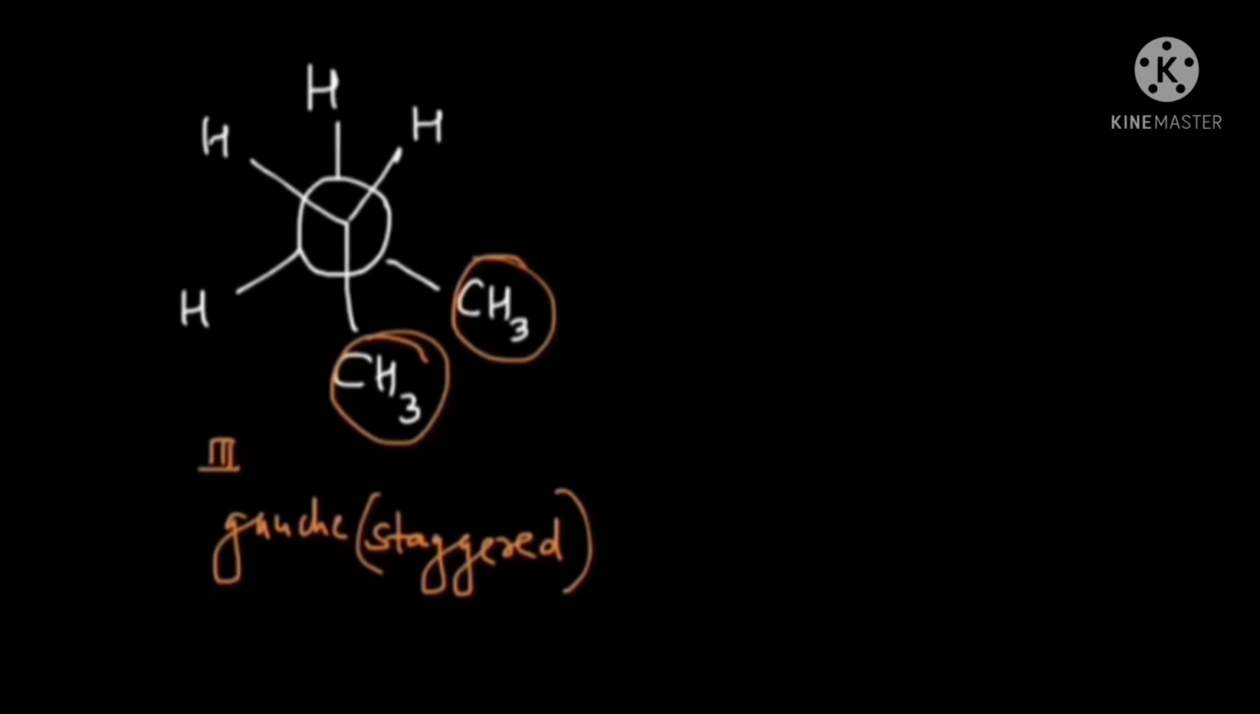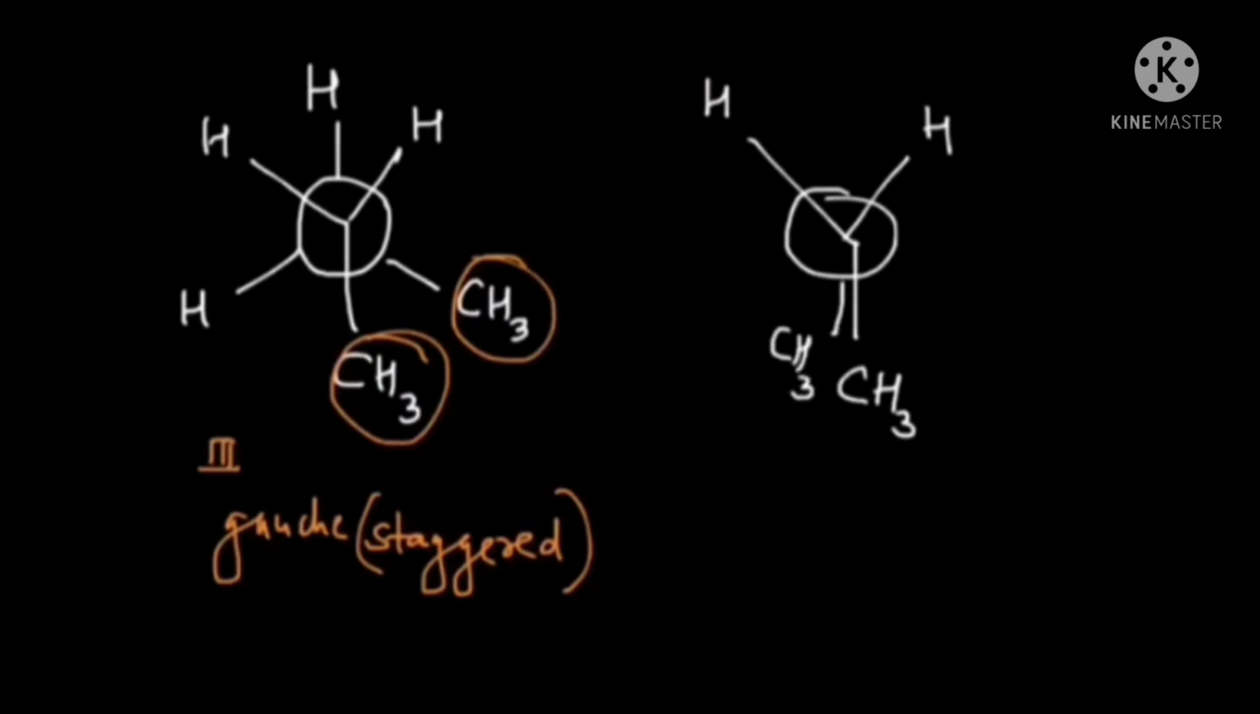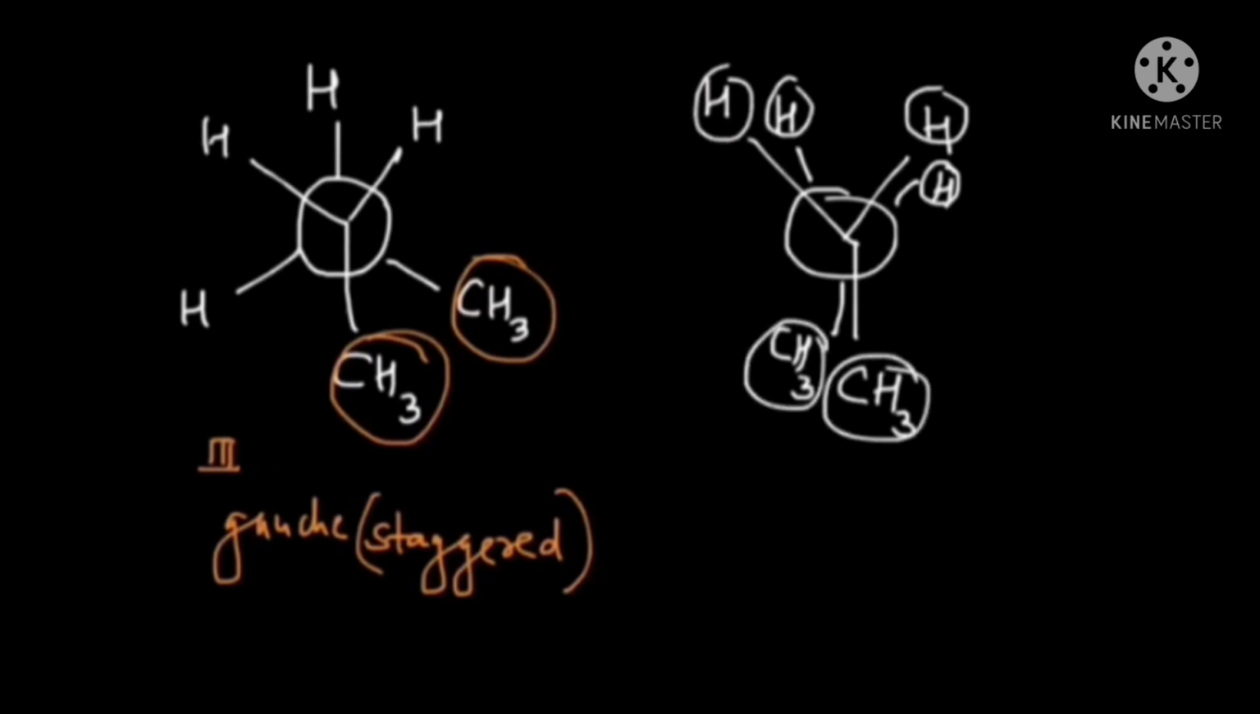We will once again get an eclipsed form. But let's see what happens this time. You have a CH3 here, an H and H here. And now you will have a CH3 coming here, and H will come here, another H will be here. Now as you can see, these H's will be completely eclipsing each other, and the CH3 will also completely hide the CH3 group. So this is an eclipsed form,